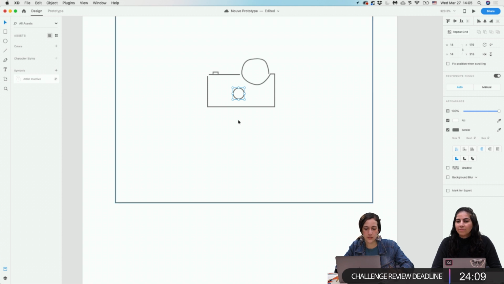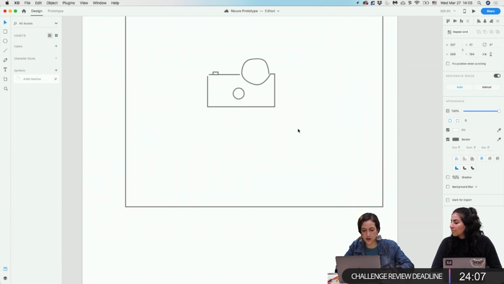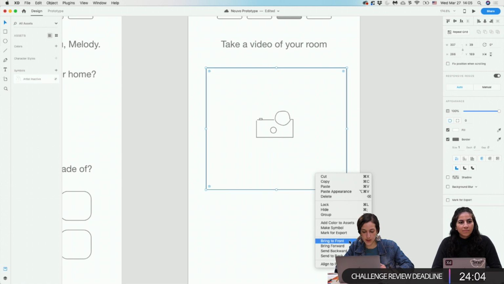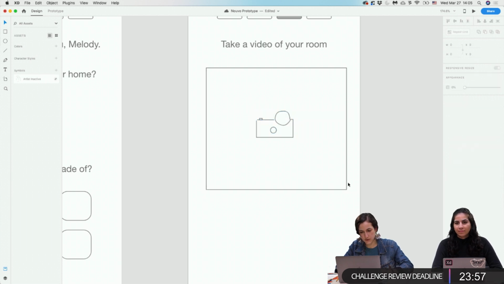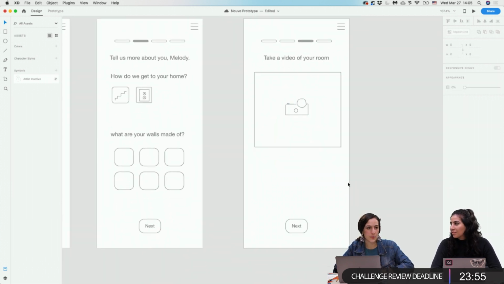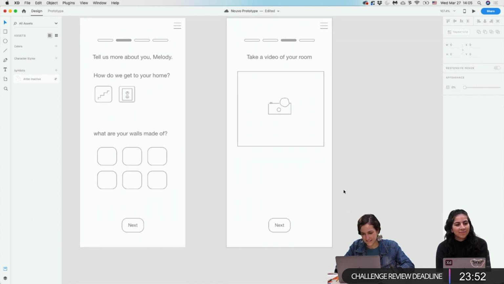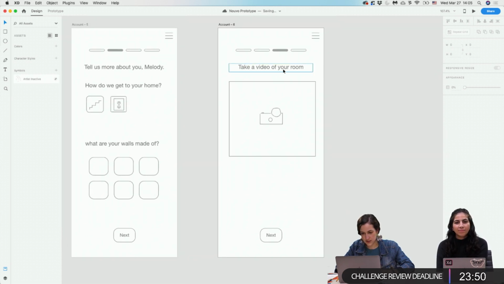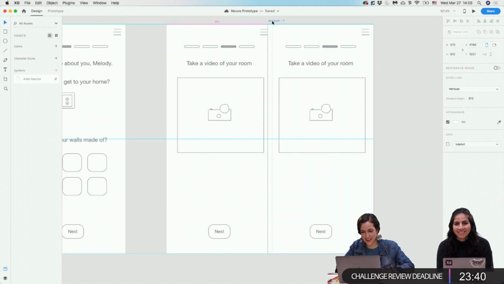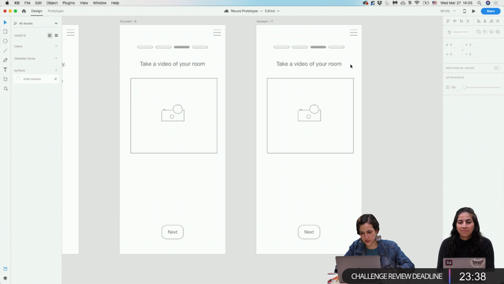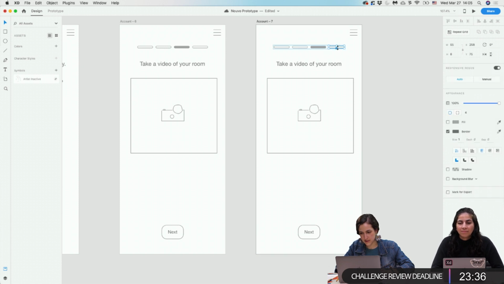And if you decide after 6 months to keep the art, you can do that, and it would be discounted from the total price of the art based on what you've already paid for your subscription. Cool. Okay, so we're at this stage asking users to take a video of their room. That's a little camera icon. That's so cute. And then the last portion of this is